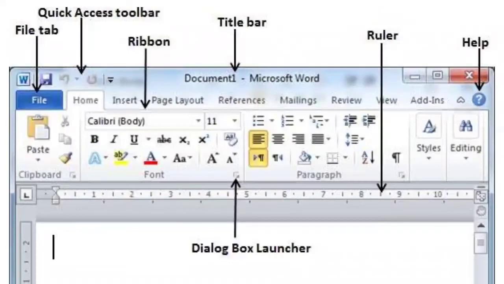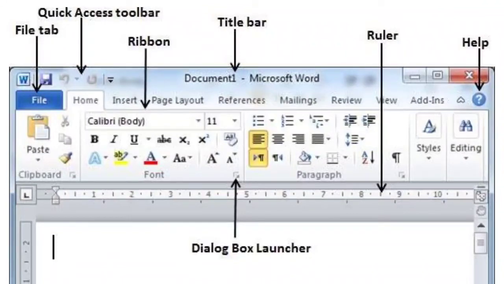Now we will discuss each and every component of this window. First, on the top, it is a title bar in which Document 1 and Microsoft Word is written. On the right side of the title bar, minimize, maximize and close buttons are there. Then tabs, and in each tab many groups and options are there.